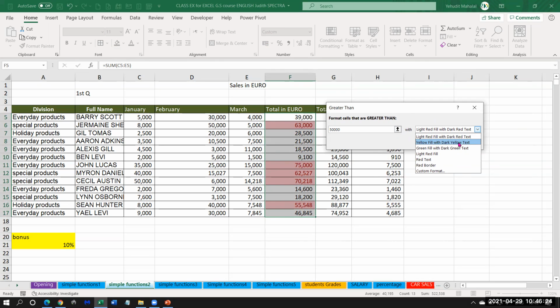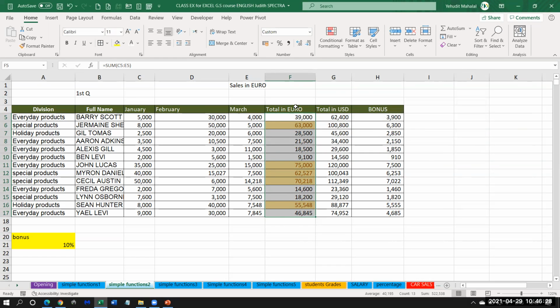Yellow fill with dark yellow text. Okay. And this is dynamic. What I mean is that if John Lucas, now he has colors because he is 75,000, but if he will not sell anything in January, let's say I'm deleting January, now it reduced to 40,000 and no colors because it's